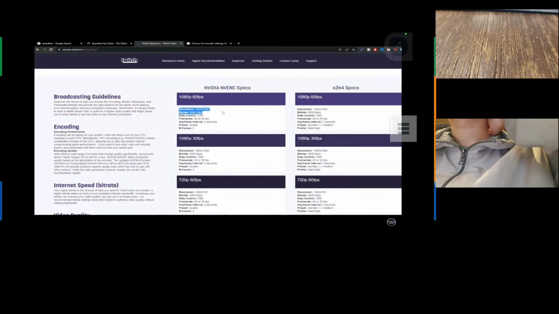But when it comes to YouTube, let's say we want to do 1080p 60 FPS. It's still 4500 to 9000. So 4500 at the low end, so it might be a bit grainy, but with 9000 being at the highest, that's still pretty